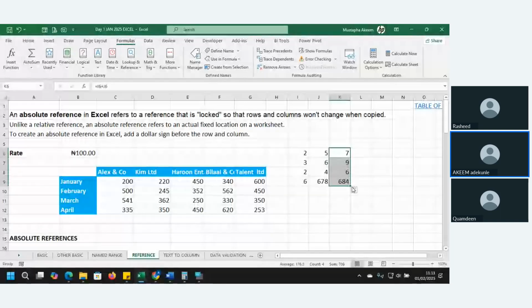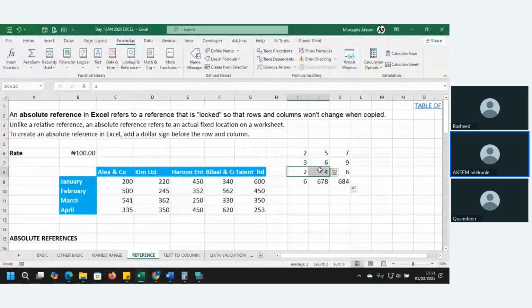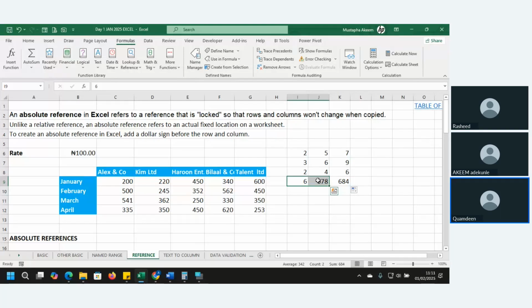Excel will also sum the next one, and the next one, and the next one. That is by default. That is called relative reference.